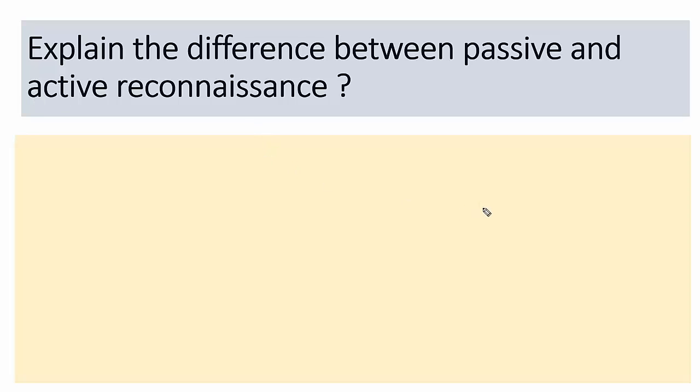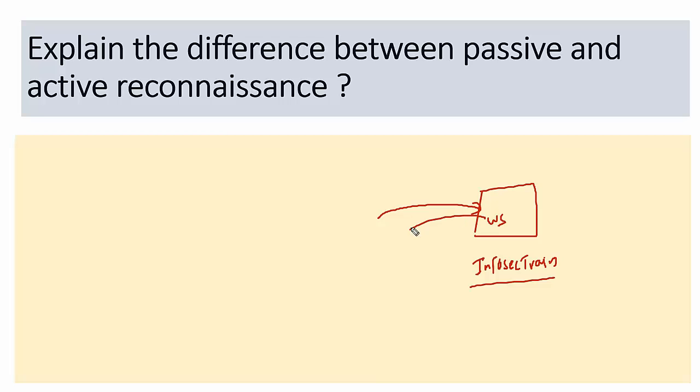For example, we have a web server here, which is the web server of InfoSec Train. We have hired a pen tester, and we told the pen tester to gather information about my website. One way is directly sending a ping packet and getting the response, based on which he can get an idea. This kind of reconnaissance is called active, where you're directly interacting with the target and gathering